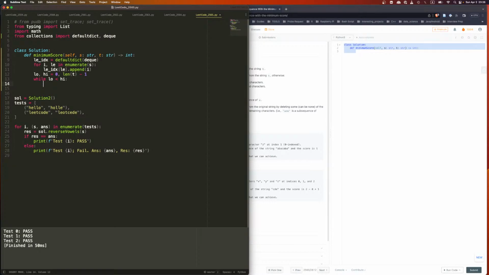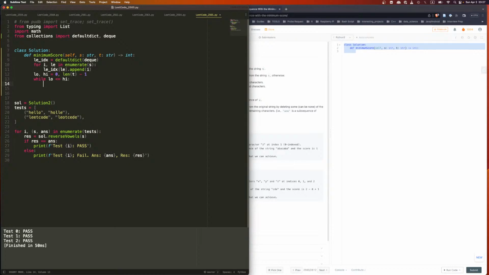Maybe it should be smaller or equal to. Right? Then what do we say? We say if low fits, if it fits, we'll move forward. Okay? What do we say? We say T low, right? And then if